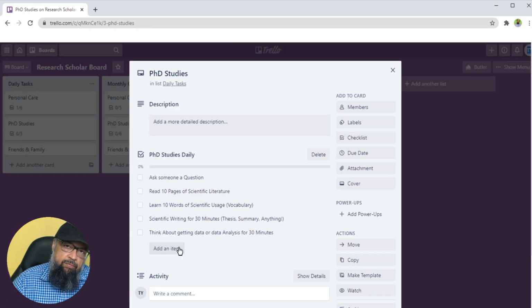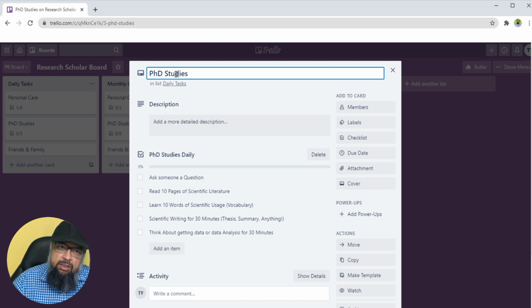Now let's click on PhD studies. These are a few daily routines which I recommend. There are a few more, but this is just an example. You can change the name of this card here, whatever you want. You can add another point here, another checkbox. I am using checklists only, but you can use other types of descriptive tasks as well. But I think this is the simplest way to become more organized and productive during your PhD, because you have pre-made these checklists and now you simply have to tick the boxes. So this is the least time consuming.